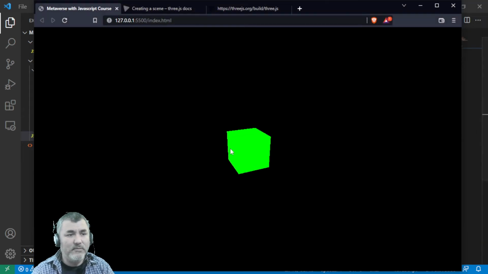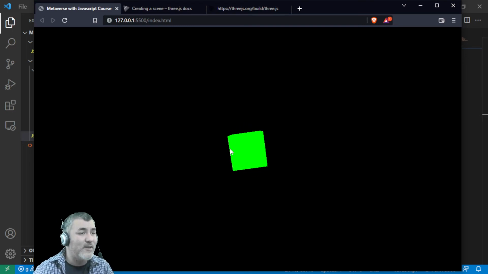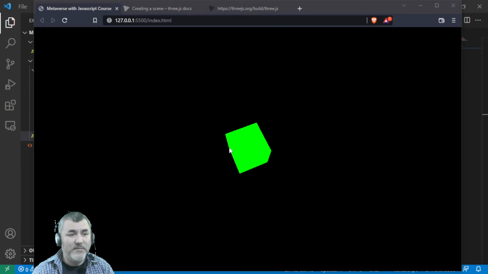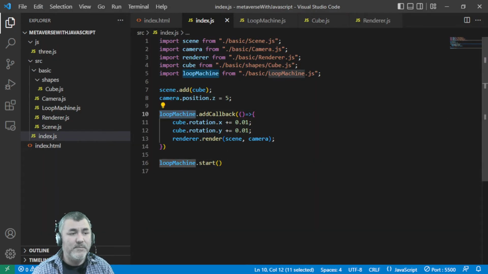And if everything is okay, which is not, okay, this is still running, as you can see here. So this loop machine allows us incorporate many callbacks into the loop, and allows us also take off the callbacks from the loop. But this is another story. Now we're going to go ahead one step further,